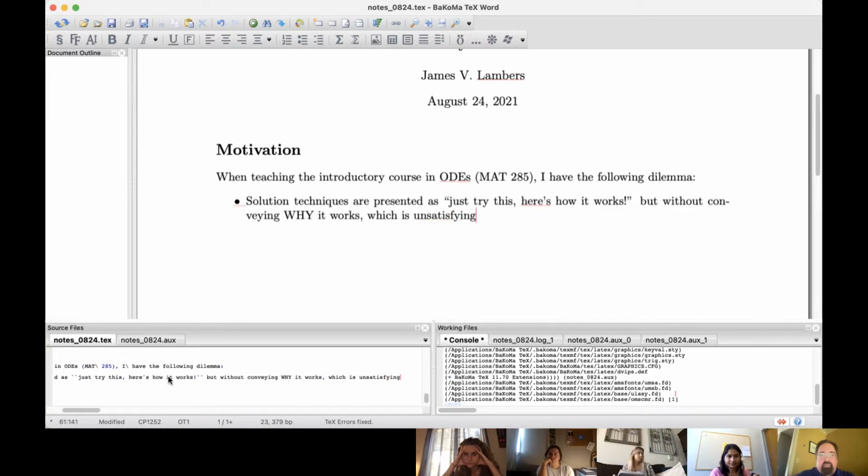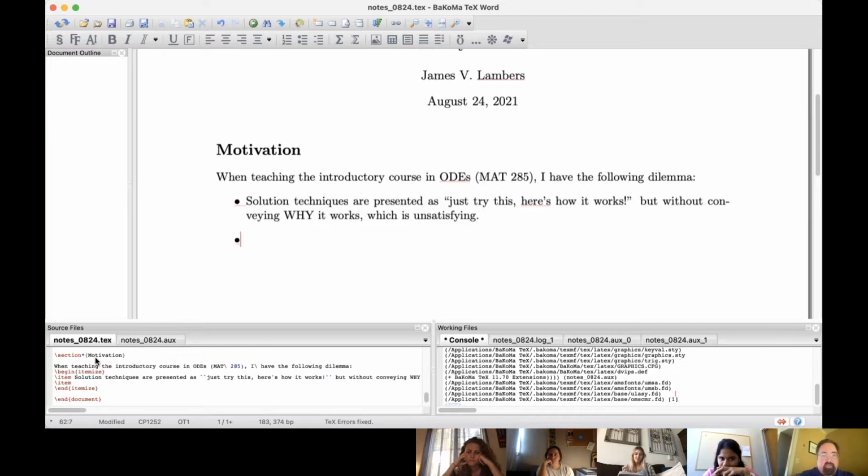And what I would like to do as a mathematician, of course, is to dive into that, to really show from basic principles, here's how these methods come about. And when you're talking about higher order ODEs, second order, third order, and up, to relate solution techniques for those higher order equations to ones that will have already been seen for first order equations, and also by rewriting as a system of first order equations. And when I've taught Math 285, sometimes I have taken some time to try to do that, but this takes me to the second part